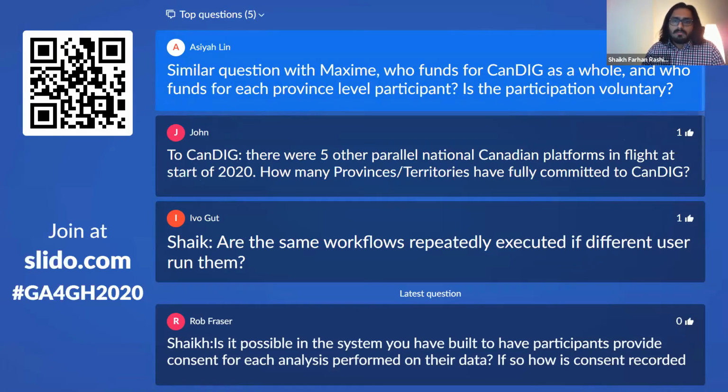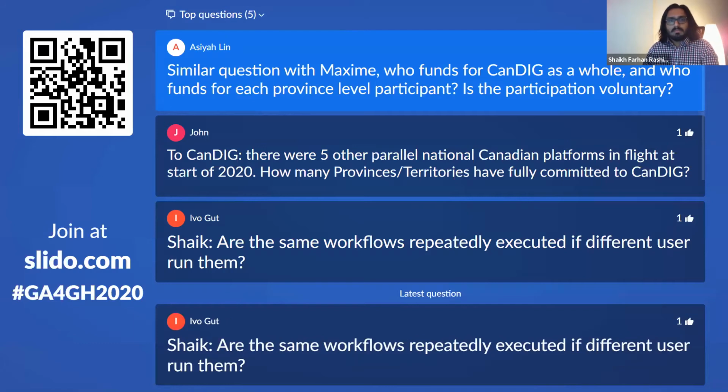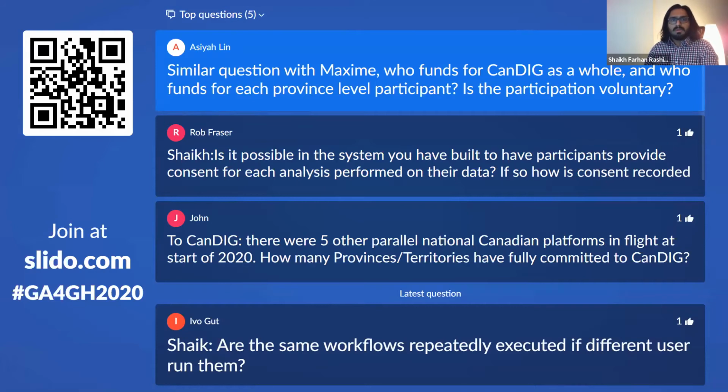And in terms of funding, there are various forms of funding, whether with respect to the infrastructure that is being used or the data sets that are being brought into the CanDIG platform. Those have usually been funded through external granting bodies.